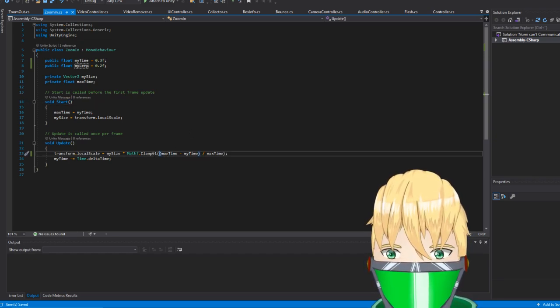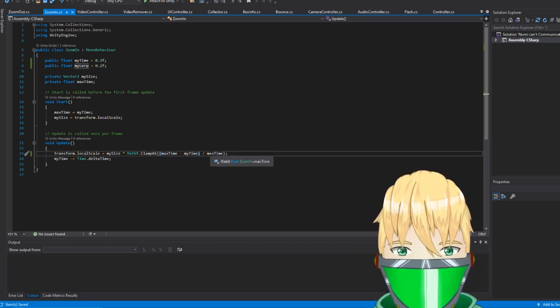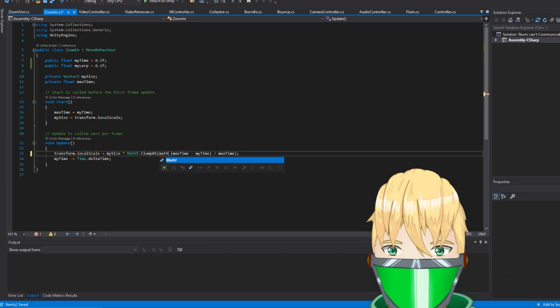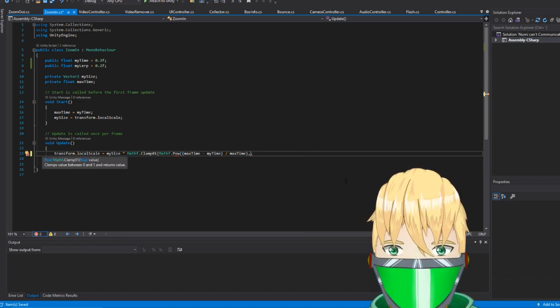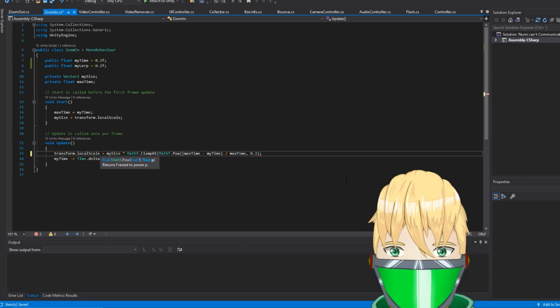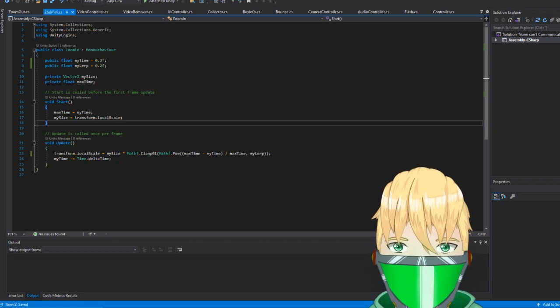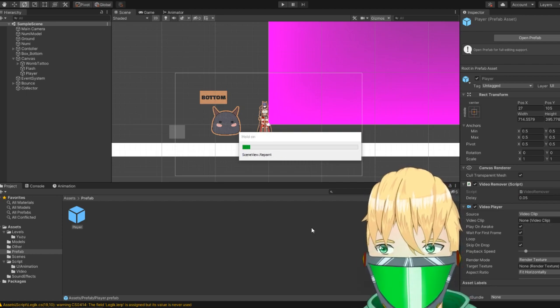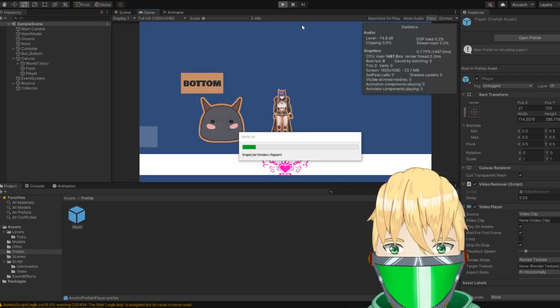Okay. So we're clamping it already to 0, so that will not matter. That we don't care about, because that's going to be fine always. So we use math.pow. This is going to give us the power, and we want the power of 0.2. Or we want my lerp, actually. And this is hopefully going to give us a good opening. And we have it as well as like 0.